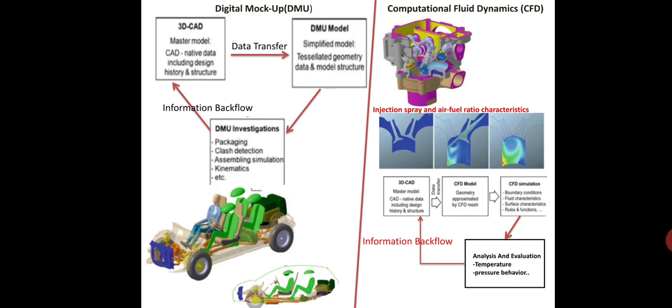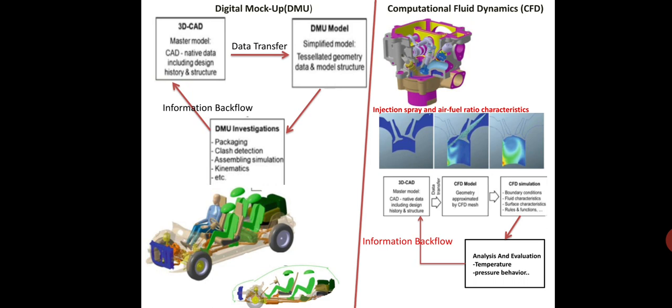Similarly, in computational fluid dynamics, here also CAD plays a crucial role. The steps are similar to the previous one, that is 3D CAD, where we make a model, then its data is transferred to the CFD model, where the geometry is approximated by a CFD mesh. Then it is transferred for the CFD simulation, where we apply the boundary conditions, fluid characteristics, surface characteristics,